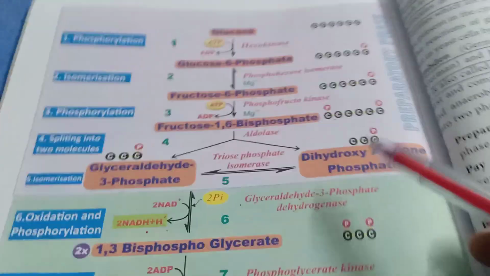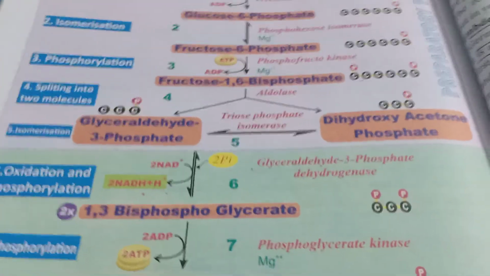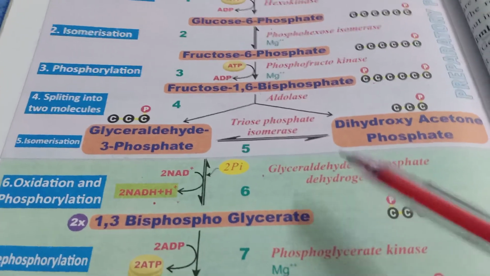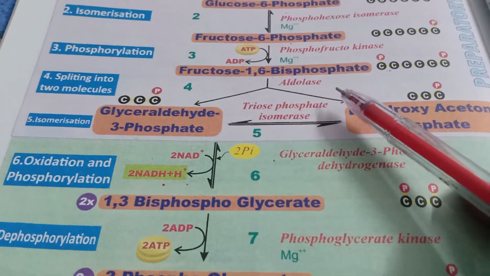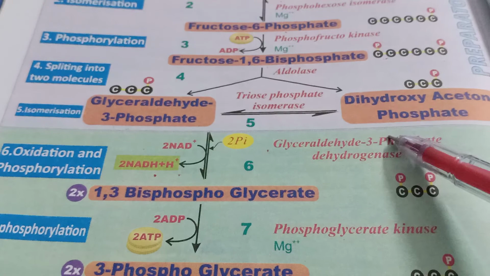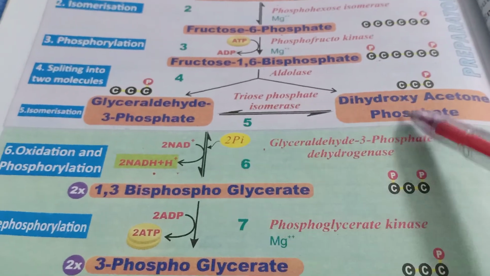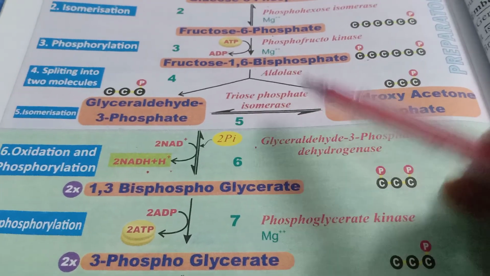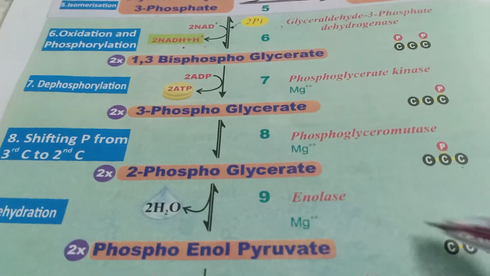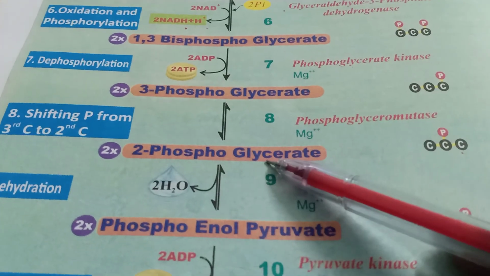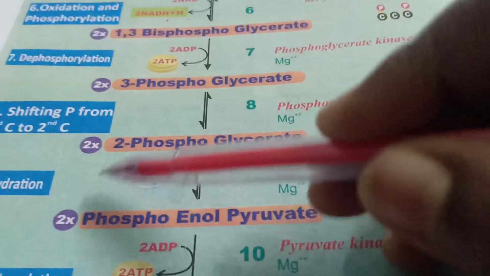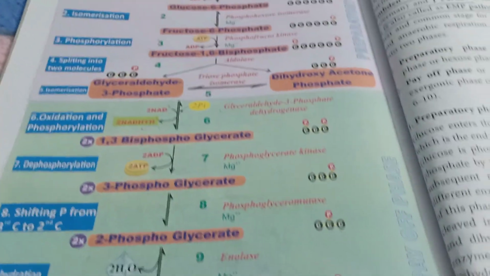It is well and good if you also learn the enzymes, because when you go for competitive exams, they will ask with the enzymes only. What does aldolase do in glycolysis? It is an enzyme which converts fructose 1,6-bisphosphate, a 6 carbon compound, into 3 carbon compounds. So this aldolase is important. They may also ask, what is the role of enolase in glycolysis? Enolase is an enzyme which converts 2-phosphoglycerate into phosphoenol pyruvate by removing water, because this is the only dehydration step which takes place in glycolysis.